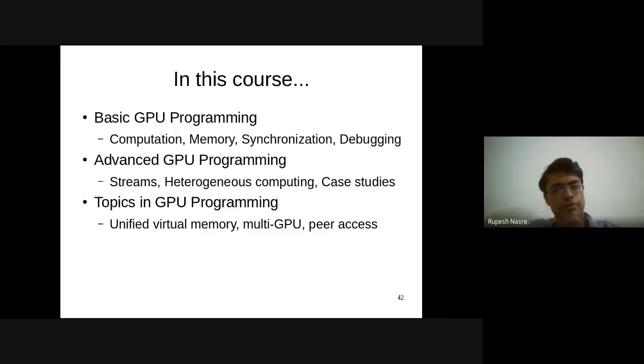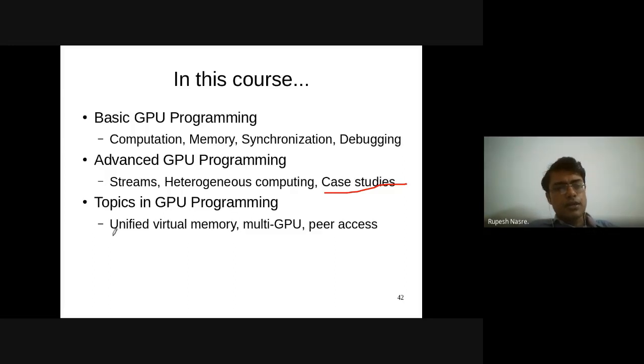Towards the end we looked at some of the advanced GPU programming concepts like streams, where you can push multiple kernels or multiple GPU operations simultaneously. Heterogeneous computing, which involved both CPU and GPU. We didn't do any case studies, right? So that is one part which we missed in the course, which is actually the 9th set of slides. We also lost 1 week, and that week would have been very useful to cover these case studies. I'll see if I can record these lectures just for the sake of completeness, nothing for the exam. But in case somebody is interested, you could go through these case studies later.